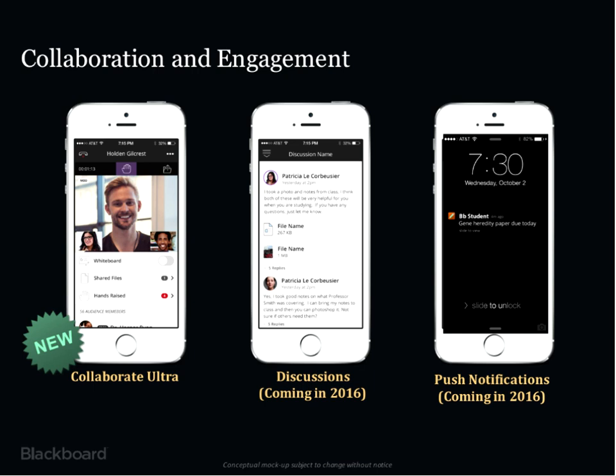There are two key feature areas that we're focused on bringing in 2016 that will really close that final gap to the experience that your students may have in their familiarity with the Mobile Learn app. Those are discussions, being able to be used in a native app experience, and also being able to receive push notifications when certain events have occurred within the Blackboard Learn 9.1 courses.